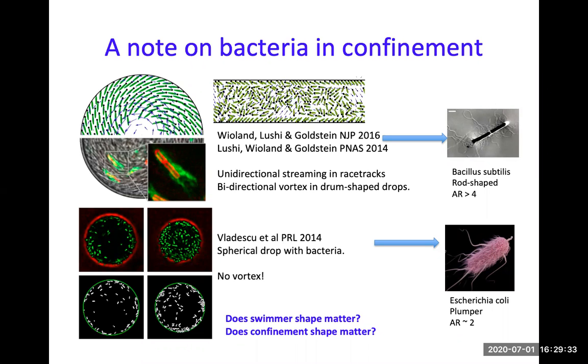So it has a harder time aligning. And Hugo used Bacillus subtilis in our experiments. So it seems that this shape is one aspect. The other one was that they used a spherical drop, and the sphere does not have an axis of symmetry, while our drops were drum shaped, so they obviously have an axis of symmetry for things to organize against. So the aspect ratio matters, but also the confinement shape. Not just any spherical drop, it has to have some sort of axis of symmetry.